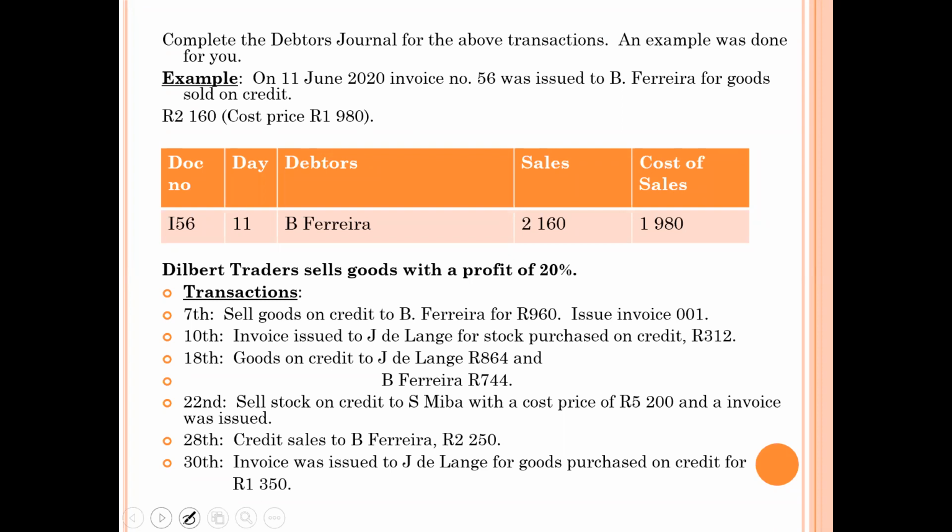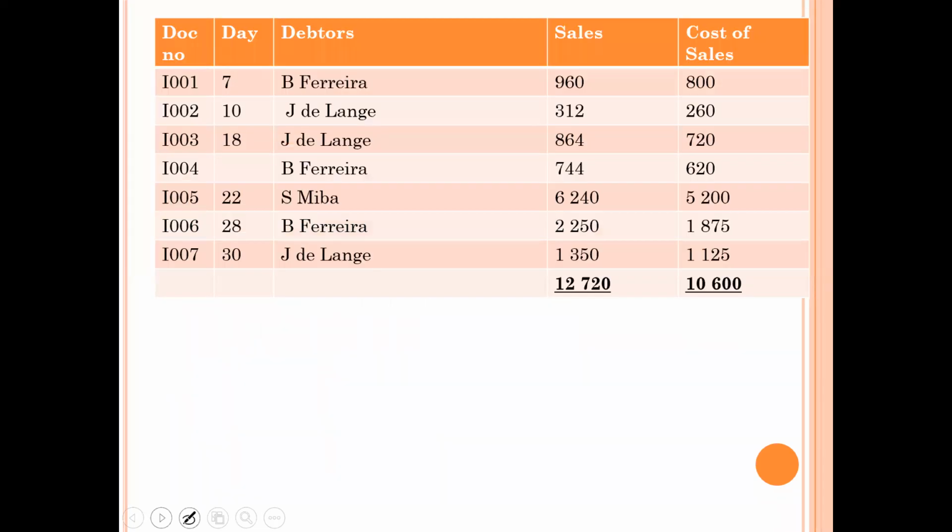So let's look at the entry. Quickly look at the transaction again on the 18th. Right, and there's the entry on the 18th. So next invoice is invoice 003 for J. De Lange. 864 rand was given to us. It's the sales price. You need to go and calculate the cost of sales. How do you do that? You take the selling price of 864 rand times 100 divided by 120, and then you will get the 720